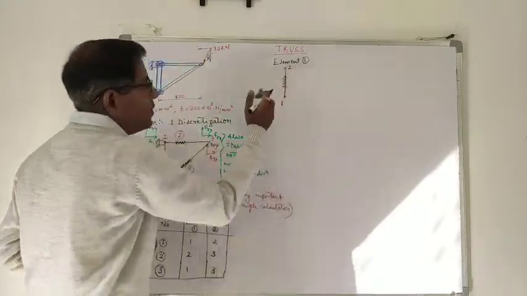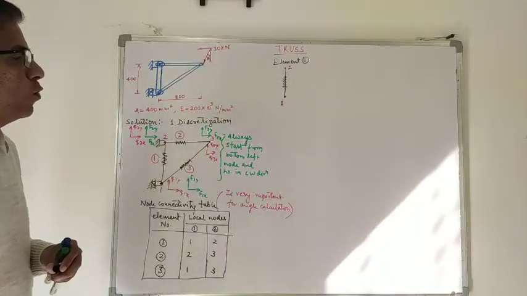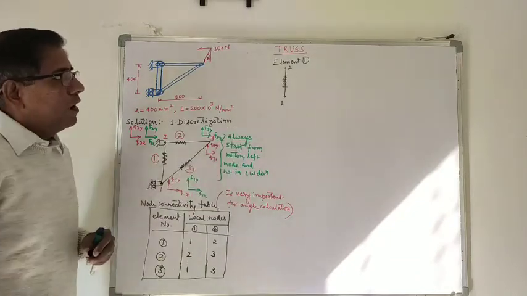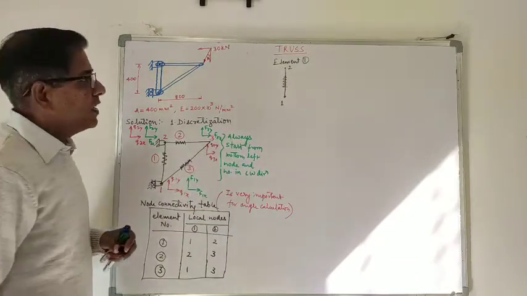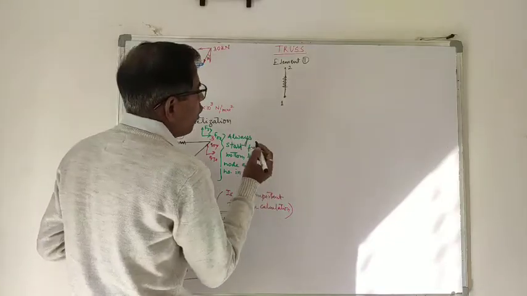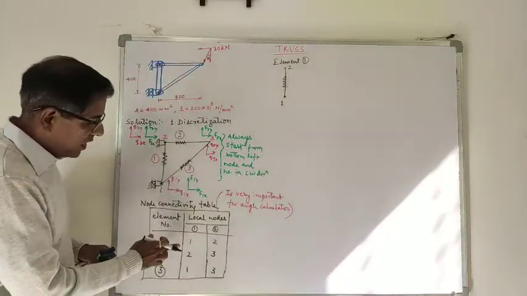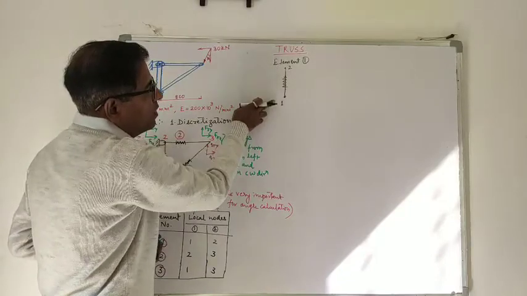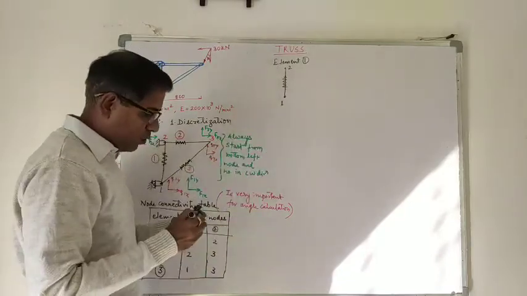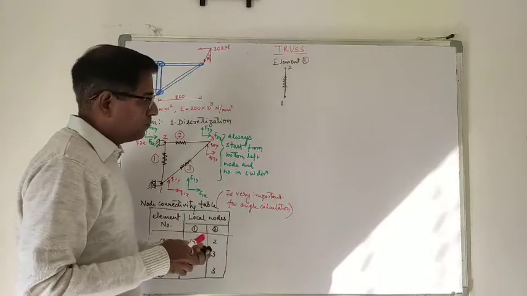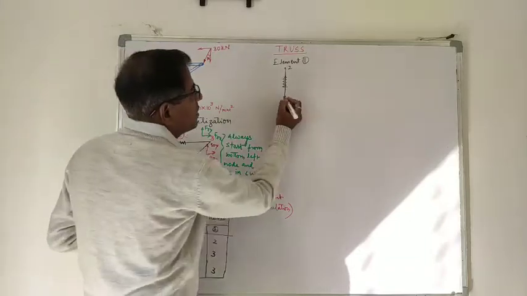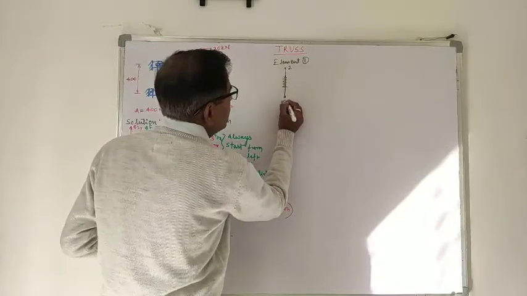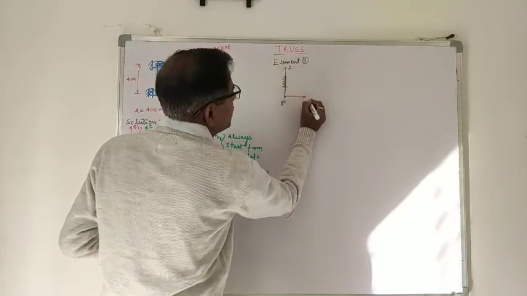So element 1 is made up of node 1 and node 2. Now, where to calculate the inclination? Always measure the inclination at the first local node. So for element number 1, 1 is our first local node. So consider this node as origin, and draw the positive x-axis,